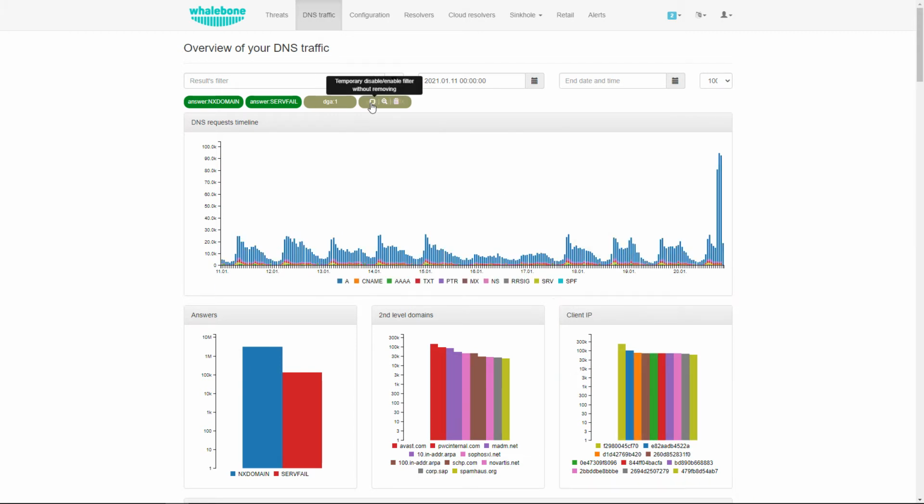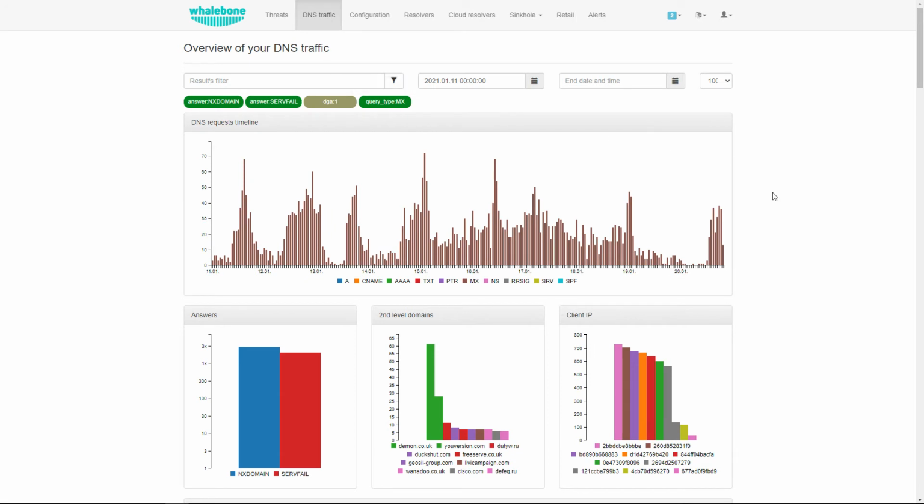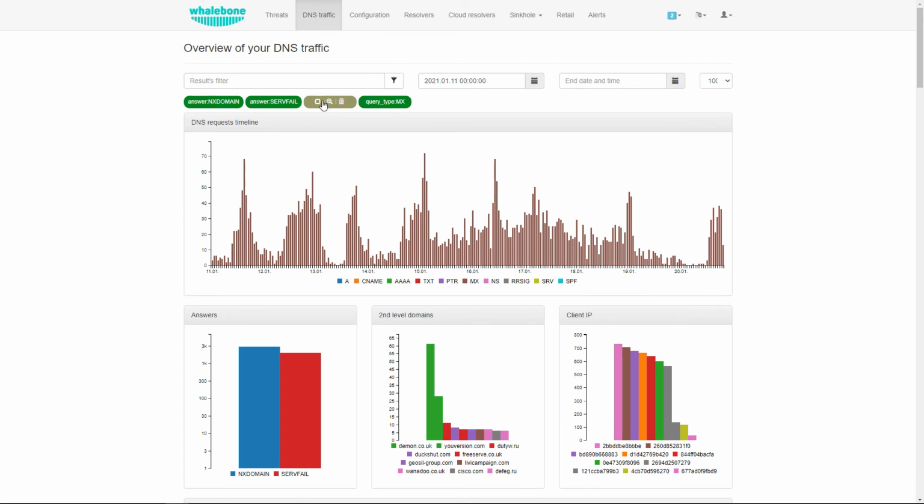This display is particularly useful, especially if you add other queries to the filter, such as MX. Such a setting of the filter shows you IP addresses in your network which send spam and are therefore in danger of being blacklisted and consequently endangering other customers as well in case they're behind NAT.